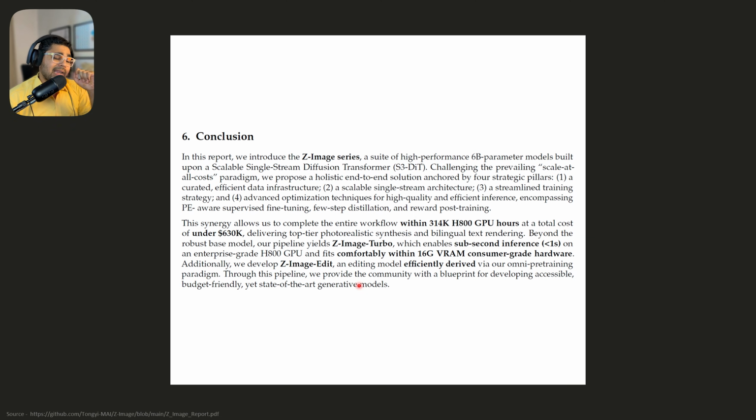The one thing that I didn't like in this research paper is that they did not mention the limitations of the model, because each model has a limitation. And I wish they had mentioned that. Of course, I have come up with my own limitations later on, but here they clearly mention,